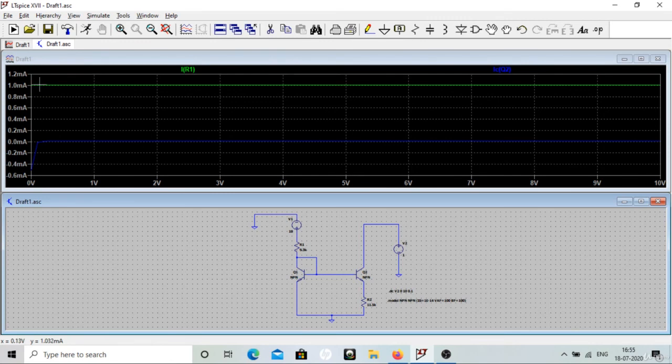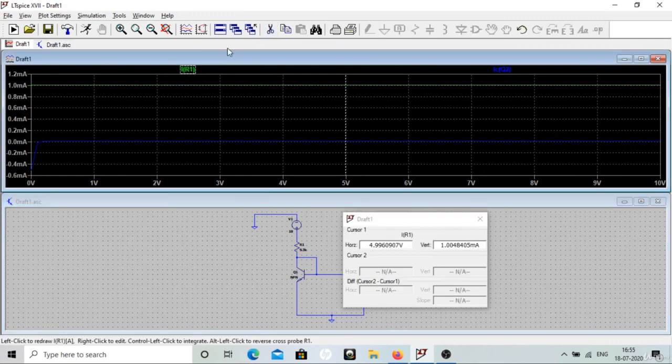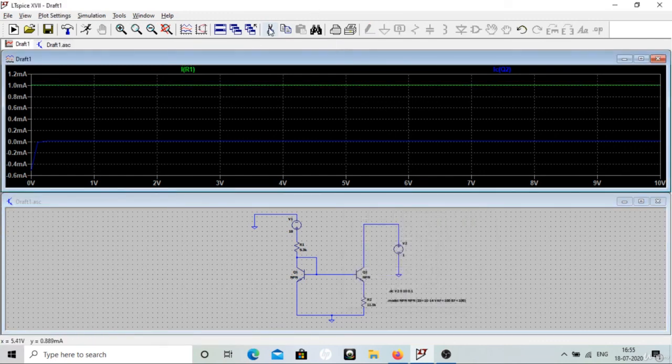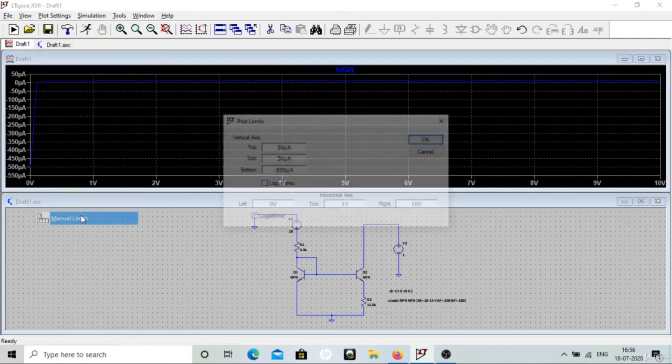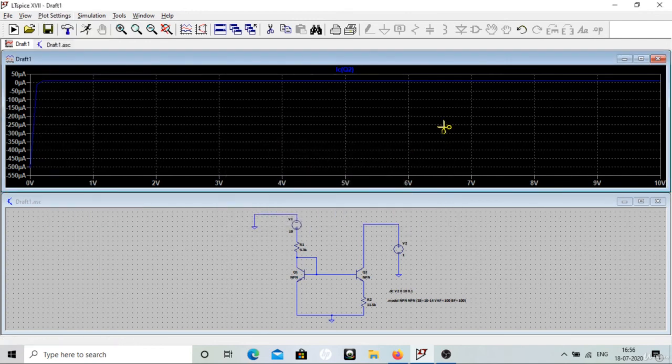Because this one is in milliampere, it looks very small. So I have to cut this R1, and you again do the plot settings with manual limits so you can change it. The main use was to get high output resistance as well as a current other than IREF. I0 will not be equal to IREF, so you can generate a different current, which is a more practical scenario.